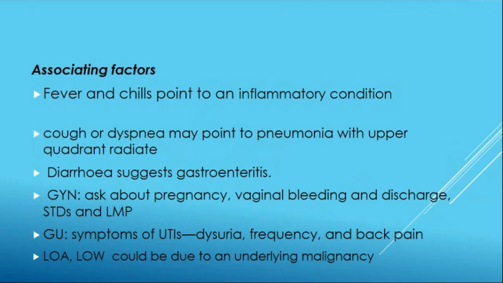And see whether the patient has cough and shortness of breath. In that case, your diagnosis may be extra-abdominal things like pneumonia, all right? And especially in the low abdominal pain patient, you have to ask the full history regarding the gynecological history, right? And the vaginal bleeding and discharge, and whether the patient is having some sexual disorders and so on. Especially in a female, if you don't ask the last menstrual period, actually that's a crime, right? If you miss the last menstrual period, sometimes patients might come with an ectopic pregnancy.